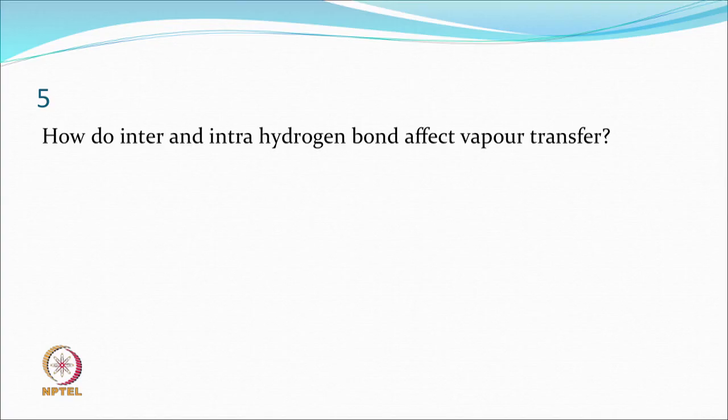Again similar kind of a question, but specific to inter and intramolecular hydrogen bonding. That is, if you have a molecule where intermolecular hydrogen bonding is possible versus intramolecular hydrogen bonding, or shall we say where the intermolecular hydrogen bonding is less. So, in one case the intermolecular hydrogen bonding is more, in the other case let us say the intramolecular hydrogen bonding is more and intermolecular bonding is less or not facilitated. That is the kind of question.